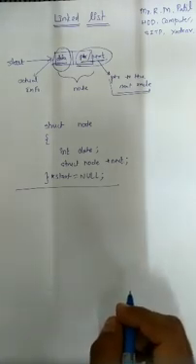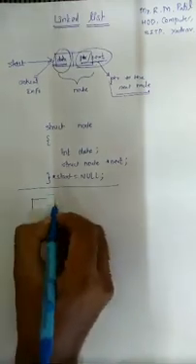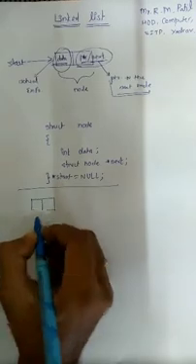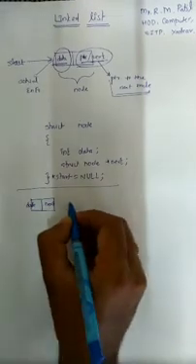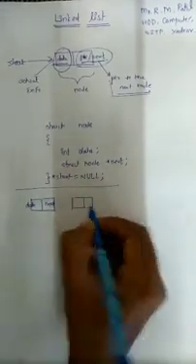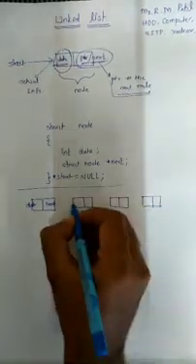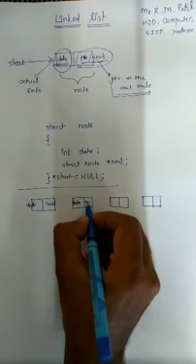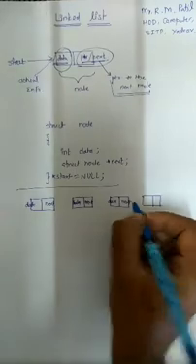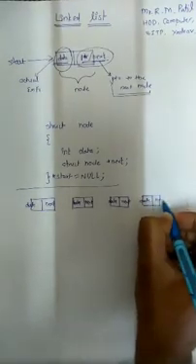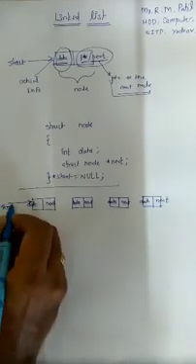Now we need to check the logical representation of the linked list. The first thing is that the node is created, and the node is divided into two parts: one is the data field and the other is the next field. Consider we have n number of nodes. Each has a data field and a next field. The first node of your linked list we call the starting node.